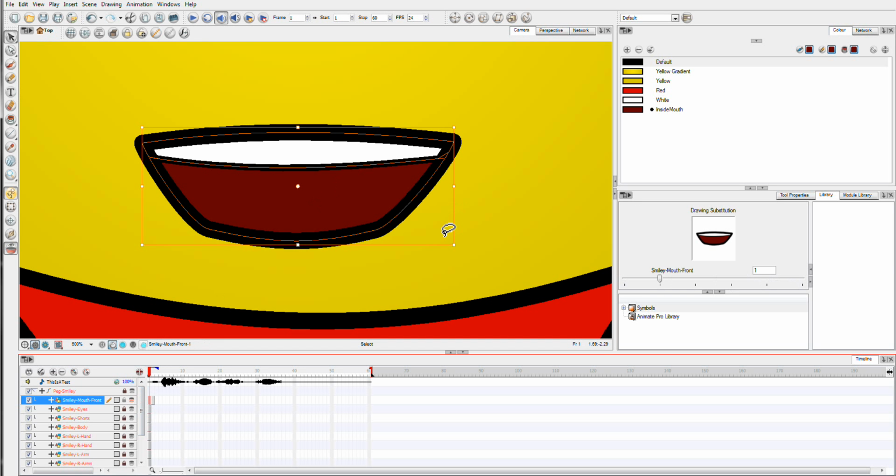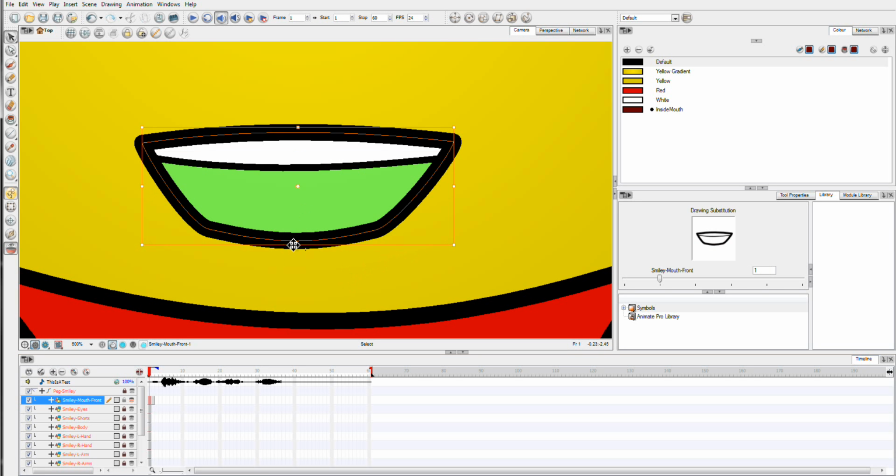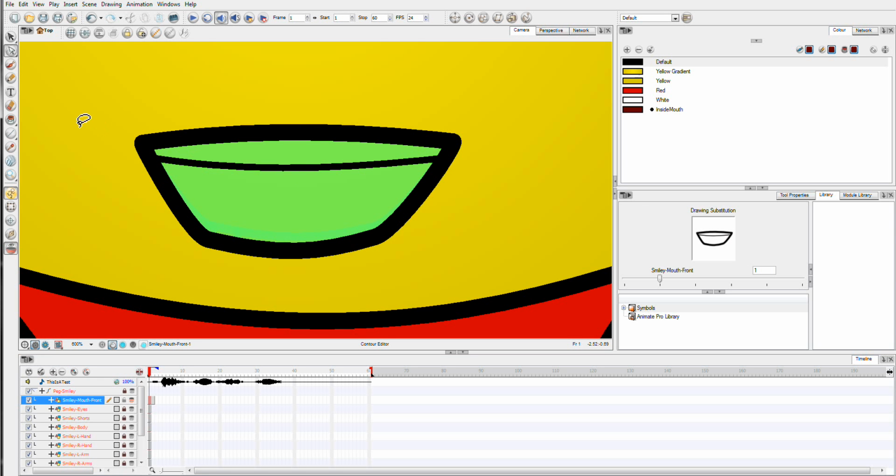But these mouth shapes will be perfectly adequate and you can tweak them to your liking. So I just deleted the red and I'm going to lower the mouth a bit. You only want a little bit of teeth showing. That's probably even too high, but